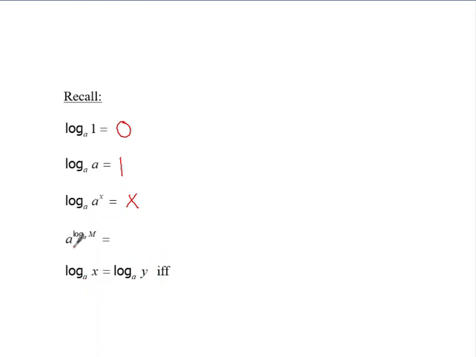The next property, a to the log base a of m equals m. And finally, log base a of x is equal to log base a of y if and only if x equals y. So these are the basic properties that have to do with simplifying and evaluating logarithms. The properties we're going to discuss today,